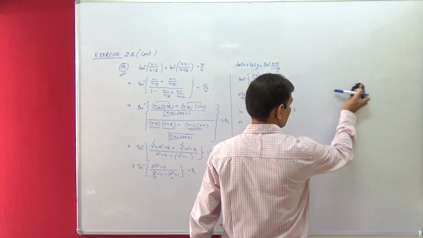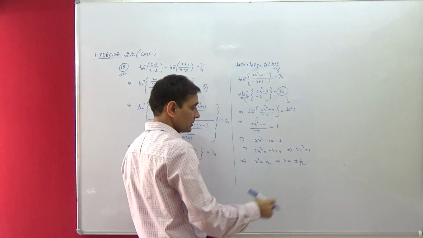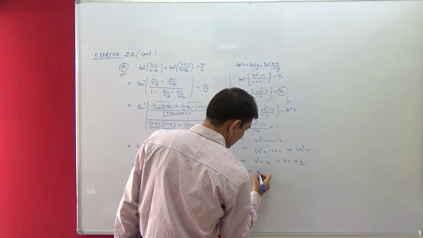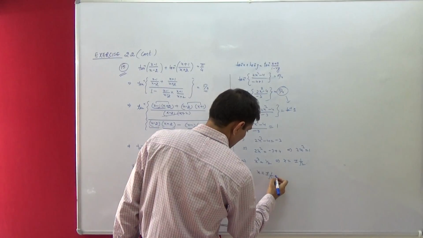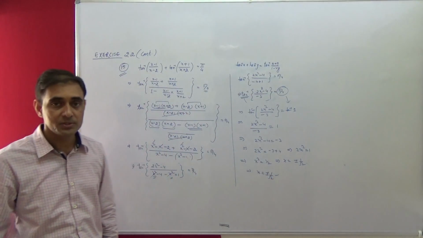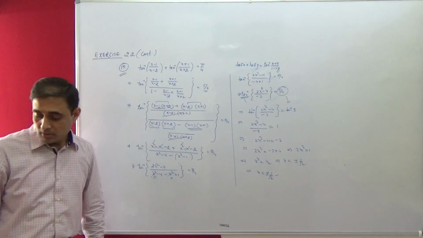But you need to check, right? After that you will write that x is equal to plus minus 1 by root 2 are the solutions of this equation. Okay, next is